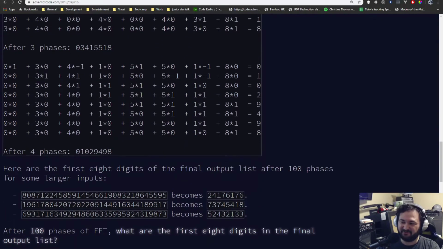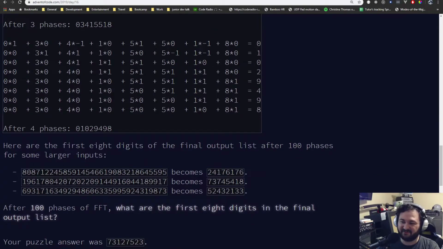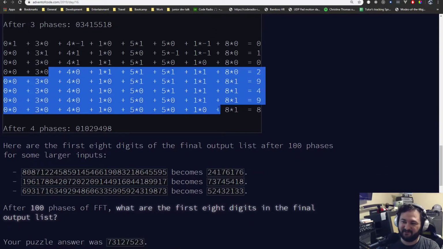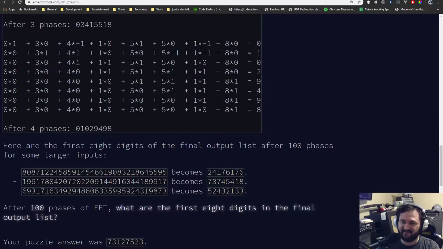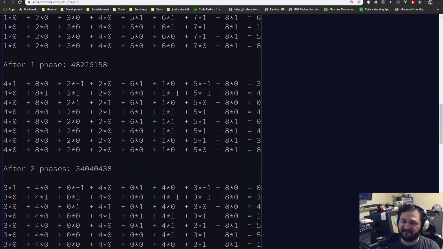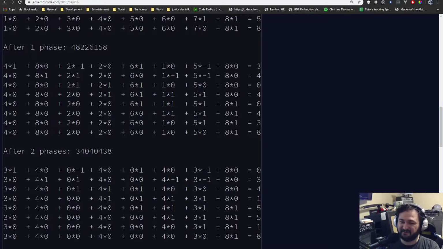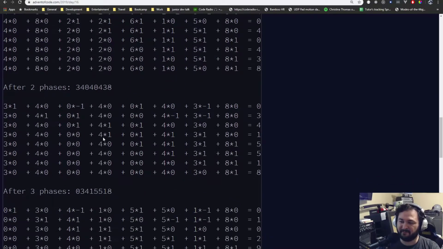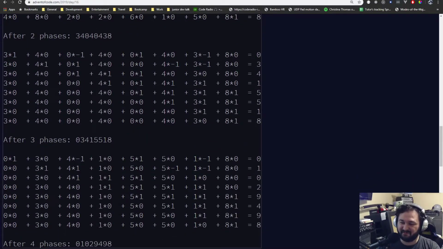The other one was day 16. Part 1 was really straightforward. It was just like do the thing, follow the directions. Part 2, where they give you all the examples and stuff, I was trying to do some weird algorithm for this and making it way harder than it had to be. Basically, I already talked about it earlier in this video, but you're kind of negating these numbers that start with 0. But the way that this trick works is if you loop backwards through the list, you only have to add. So if you're starting here, you only have to add it to that number, to that number, to that number.